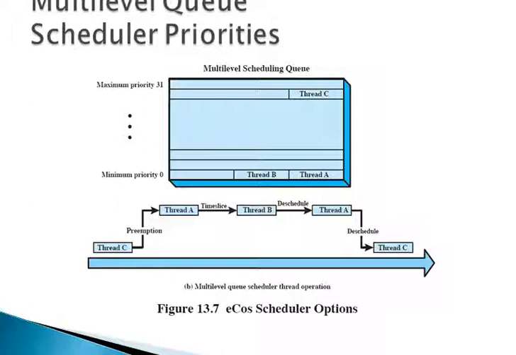A running thread may be blocked on a synchronization primitive, because it is interrupted, or because it relinquishes control. When a thread is blocked, the scheduler must first determine if one or more threads at the same priority level as the blocked thread are ready. If so, the scheduler chooses one at the front of the queue. Otherwise, the scheduler looks for the next highest priority level with one or more ready threads and dispatches one of these threads. Thus, if a thread is running and there are one or more ready threads at the same priority level, the scheduler will suspend the running thread after one time slice and choose the next thread in the queue at that priority level. This is a round robin policy within one priority level.